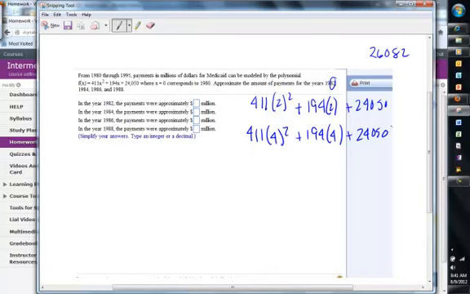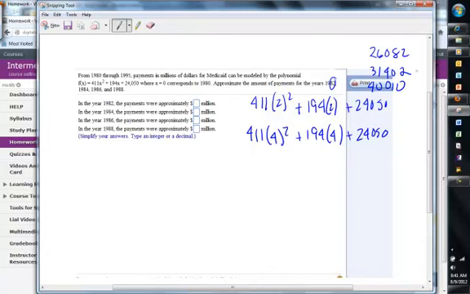So 411 times 4 squared plus 194 times 4 plus 24,050. And we get 31,402. Just keep going. So now we'll substitute in 6. So it's 411 times 6 squared plus 194 times 6 plus 24,050. And we get